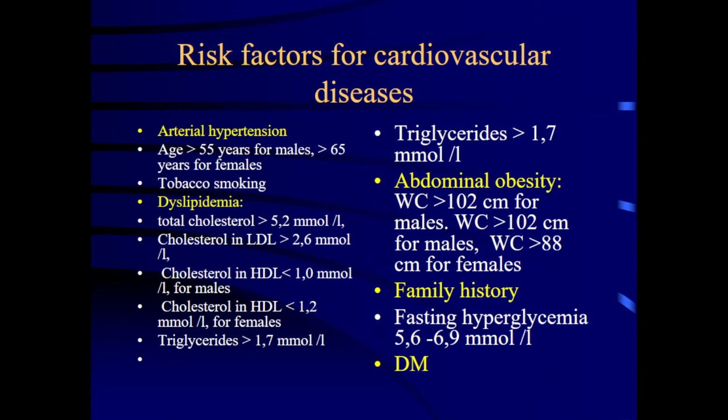If it's more than 25 up to 29.9, it corresponds to overweight of the patient, or the weight of this individual. And if it's more than 30, from 30 to 34.9, it's assessed as criteria of obesity of the first degree. 35 up to 39.9 corresponds to obesity of the second degree, etc.